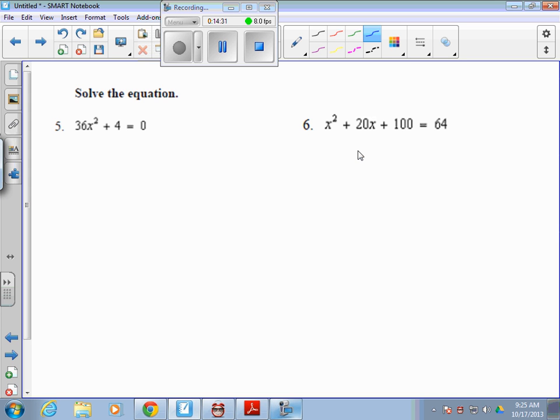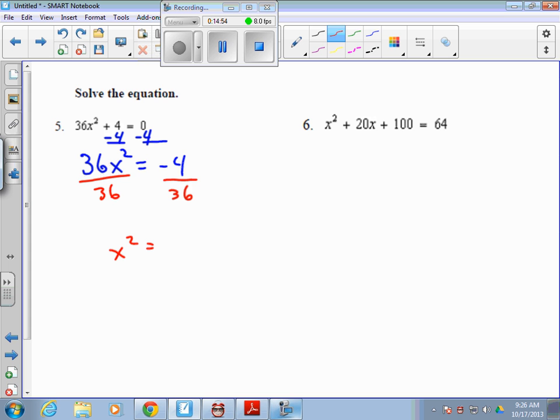Then solving these equations gets back to stuff we did last week. That's all of the new stuff. 36x squared, get rid of positive 4 by subtracting it. So you have 36x squared equals negative 4. Divide by 36 on both sides. And you get x squared equals